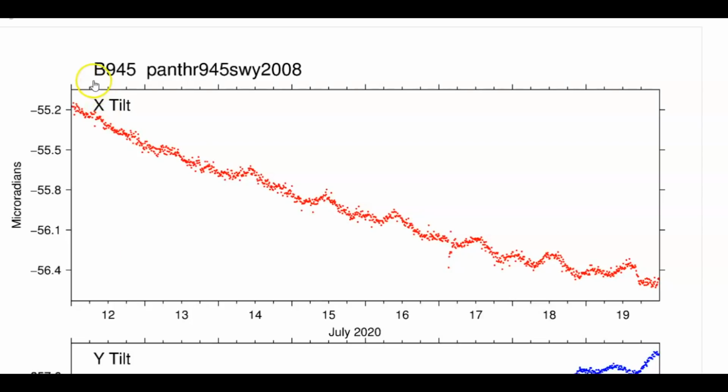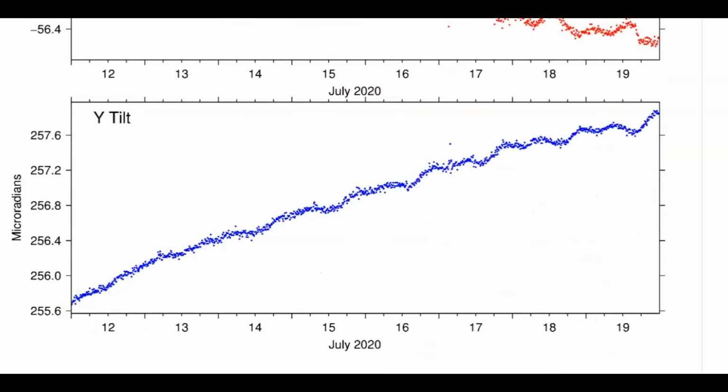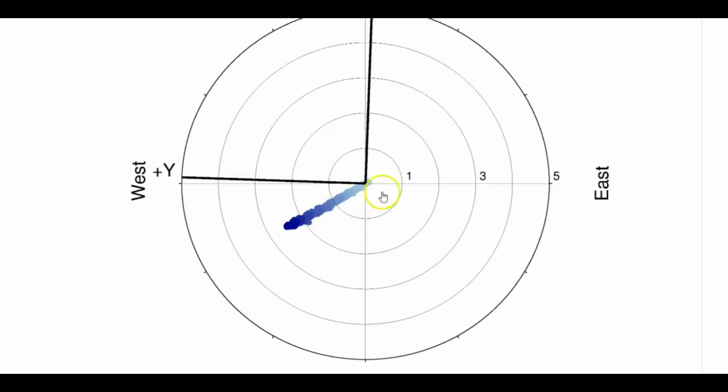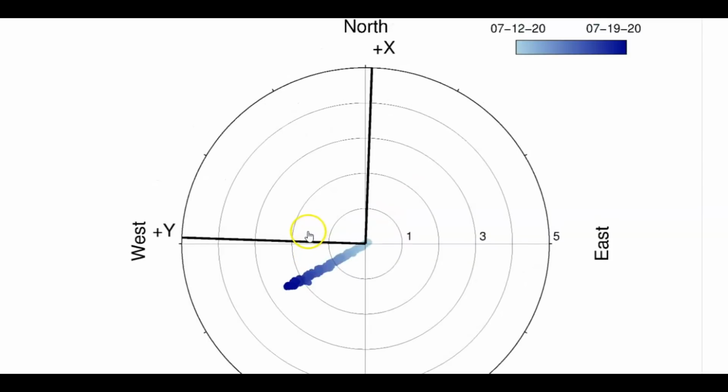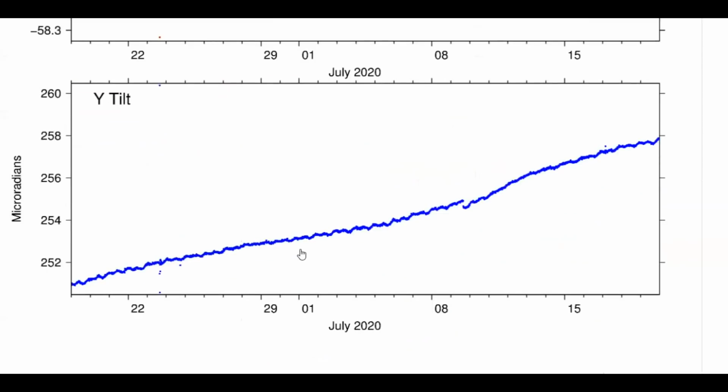This comes from a borehole 945. X is north, that they're measuring the ground deformation. Y is east, and this shows us if the ground is either rising or falling. And each dot would be an earthquake for the last 7 days. And remember, they're monitoring what the magma is doing under the ground, which way it's flowing. X is north, Y is east. But they also have, if you were standing there and looking at the horizon, what direction the uplift of the ground would look like. And then the last 30 days...